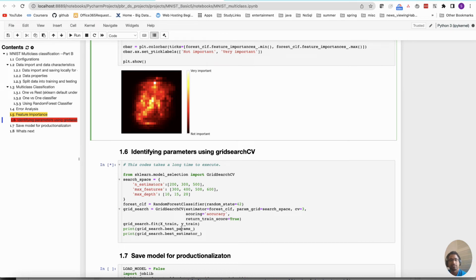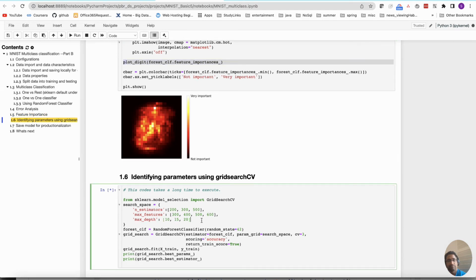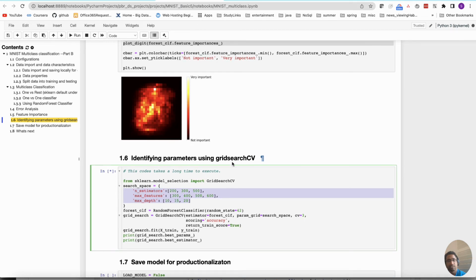So, a few more things in any running. We just ran some models, but we did not really explore the parameter space. In order to explore the parameter space, we can use grid search CV, and here is an example where the number of estimators is between 200 and 500, and maximum features, because we have 780, I'm exploring anywhere from 300 to 600, and the depth is 10 to 20. I'm not sure if this is the maximum, you can probably have more, but this code actually takes a long